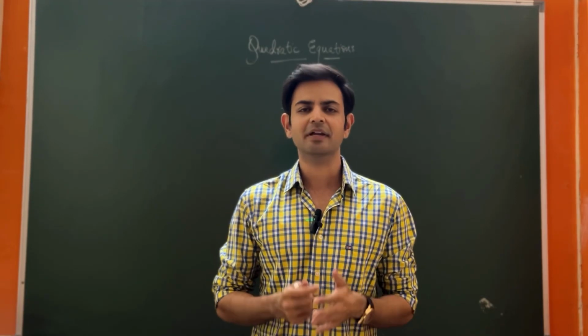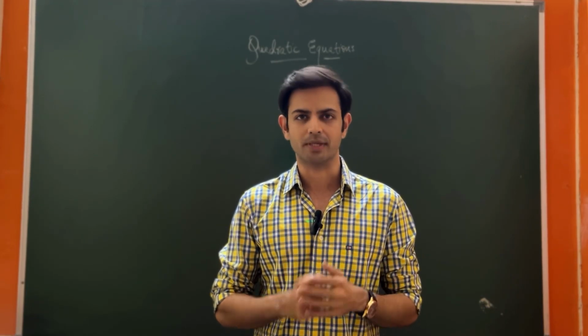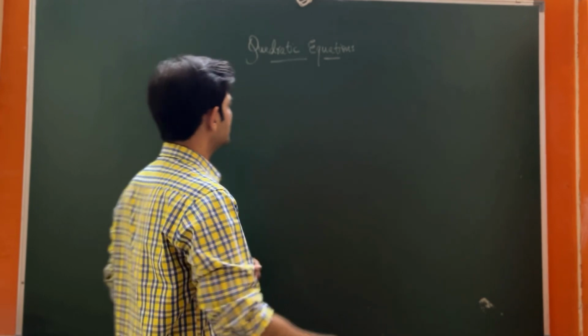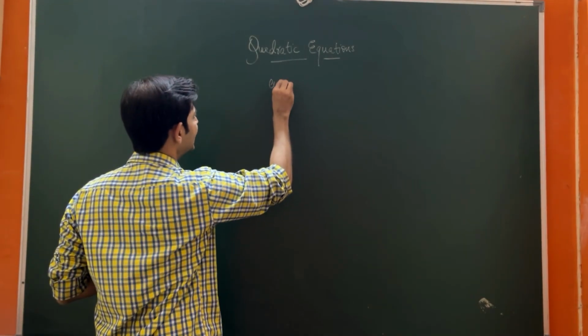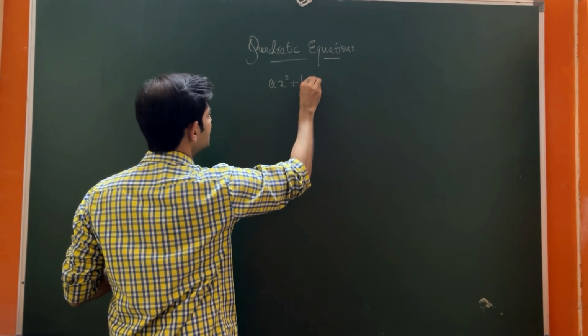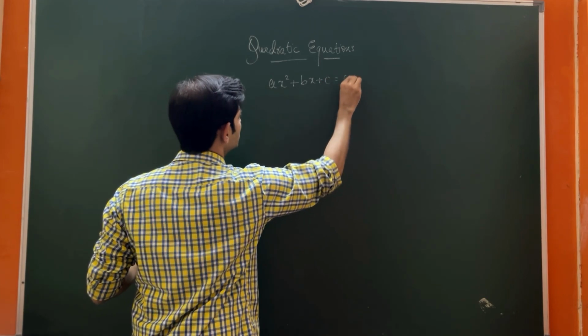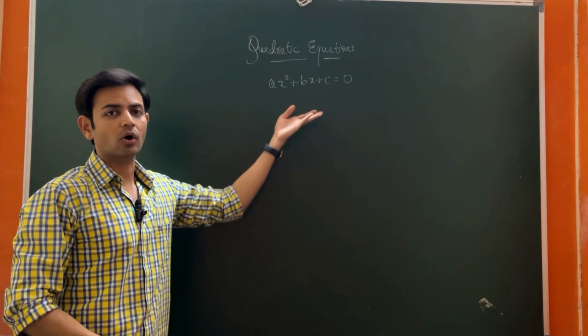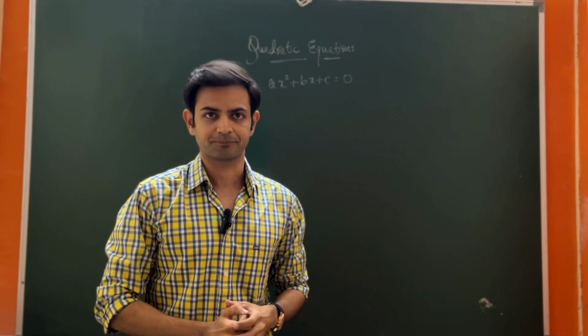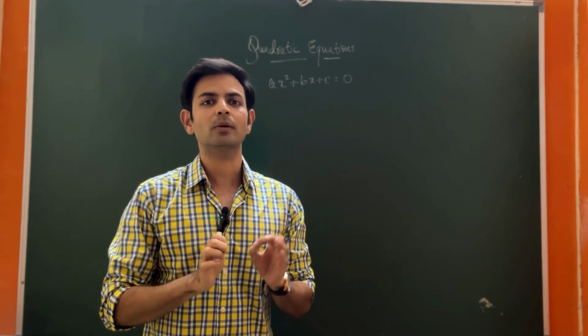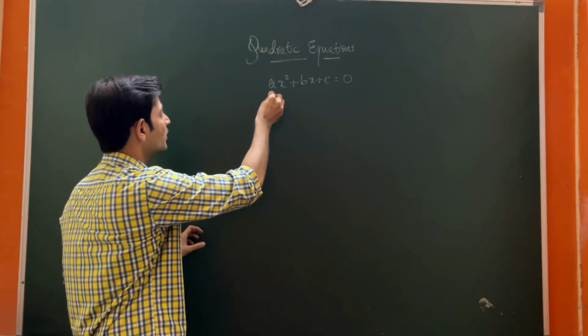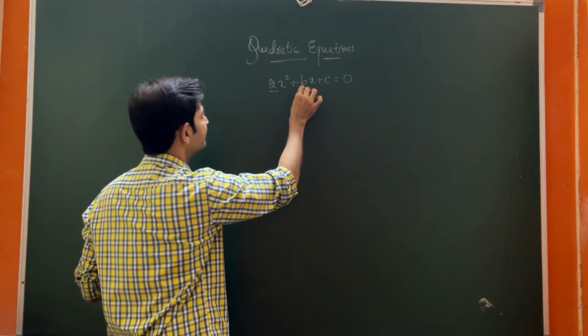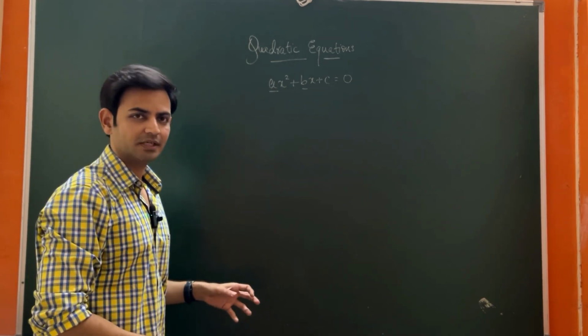In this video, we will understand the concept of quadratic equations. Any equation in the form of ax² + bx + c = 0 is called a quadratic equation. You have to remember one thing very clearly: a and b are the coefficients here, and c